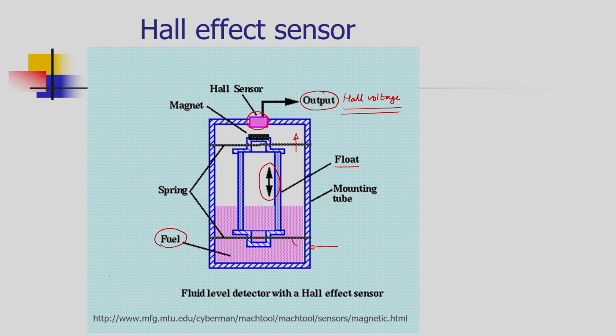So now we have to switch off the pump which is pouring the fuel into the container. The same thing happens vice versa: when the fuel is consumed, the level of the fuel will decrease, then the magnet will move away from the Hall sensor and we get no voltage at the output. That triggers another message that we have to start the pump and pour the fuel into the container.